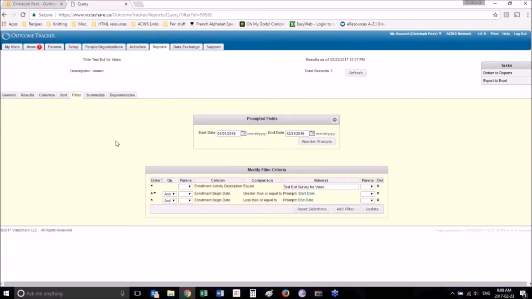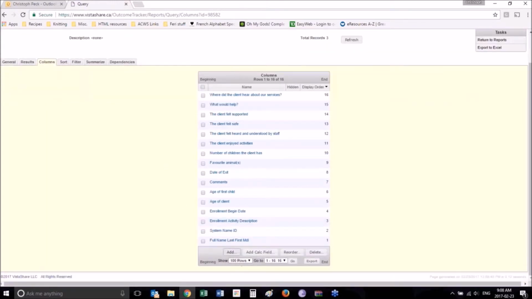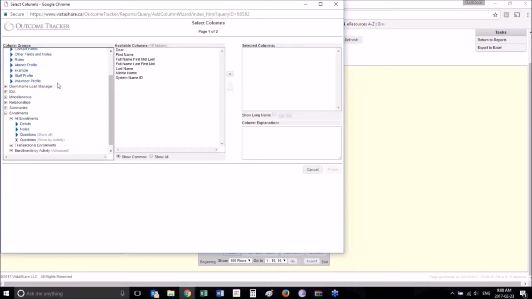Now, one thing that is quite great about the queries is that once you create a query, if you then realize that there's a column that you needed to add, then you can add those really easily on Outcome Tracker. It's not a problem at all. So for instance, I want to filter on role, but I don't have the role column available to me. So I have to add that. So I will go to add. You'll see this familiar window. This is where we originally pulled the information. Now if I want to add role, I would go to